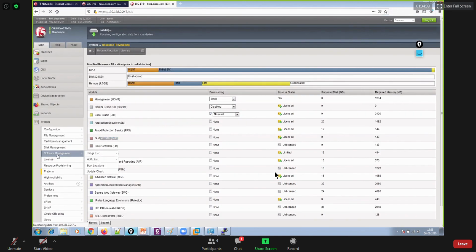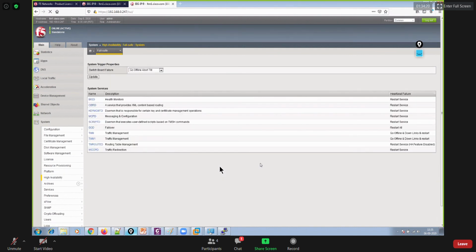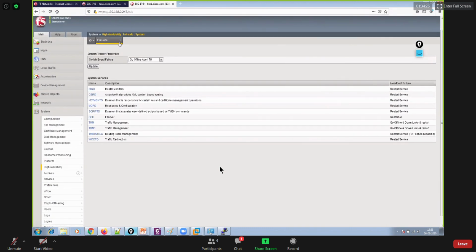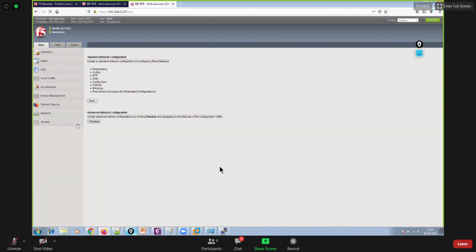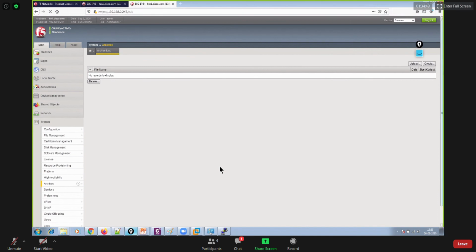Then you could go to the platform. On platform, you could change the host name, the management IP, root password, SSH enabled or disabled. Then high availability: over here, you could check the high availability, and you could start the HA wizard from the system tab itself. So high availability HA wizard, or maybe failsafe. Failsafe you could configure using gateway, VLANs, or system. I'll let you know once I start with high availability, and then I'll explain the meaning of that, but not now.